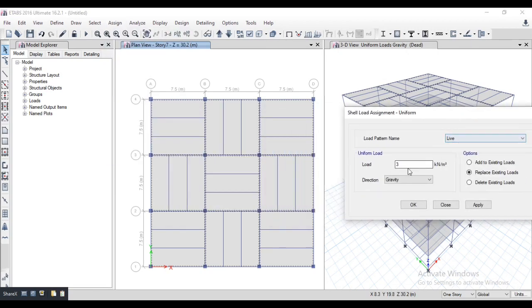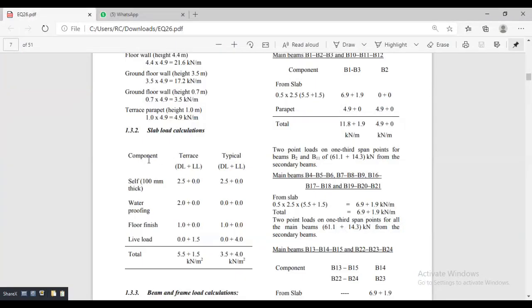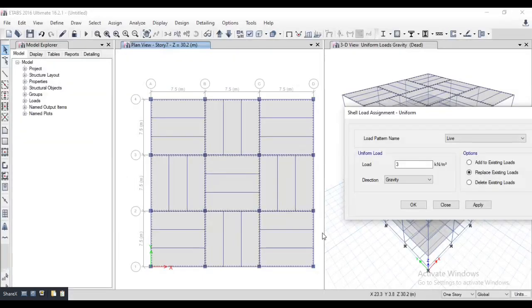Select live. The live load is 1.5 kilonewton per meter square on terrace level. Put 1.5. The 1.5 kilonewton per meter square load is successfully assigned in live.